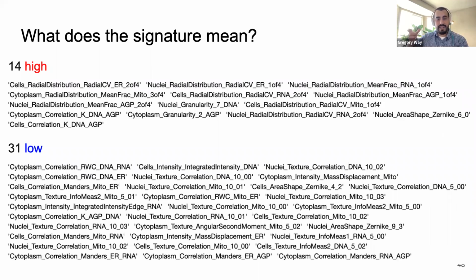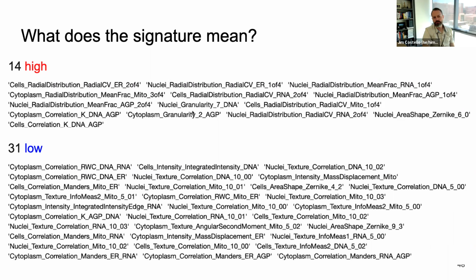People try to analyze one feature at a time. And for some of these cases, like if you're a cell biologist and you've been looking at these features for a long time, a lot of them do tend to make sense, but also a lot of them don't. And it's still an open question.